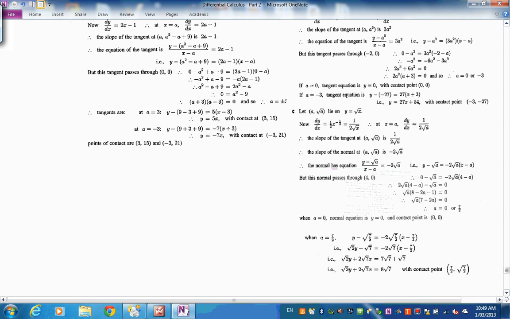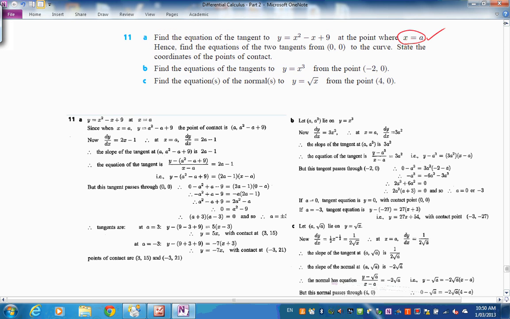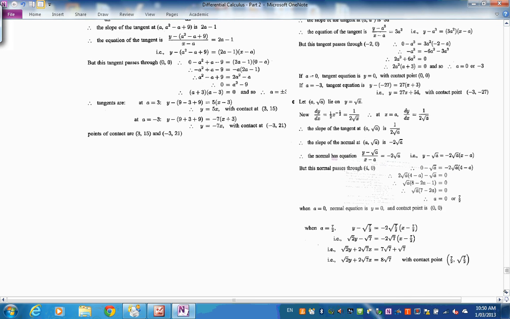Alright, so what we'll do is just go back up to there and have a go, remembering if it's from a point you don't know where it's landing, you have to let that landing point for your tangent be A and f of A. Alright, we'll have a go, and we'll go on,